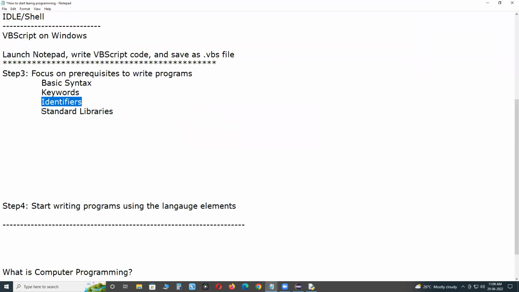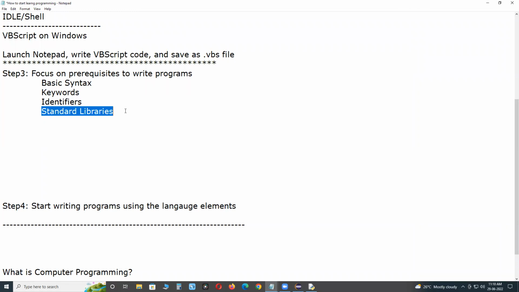Next, standard libraries. See, for every programming language, some predefined code libraries are there. You can reuse them. Every programming language defines a basic set of components that can be reused by programs.